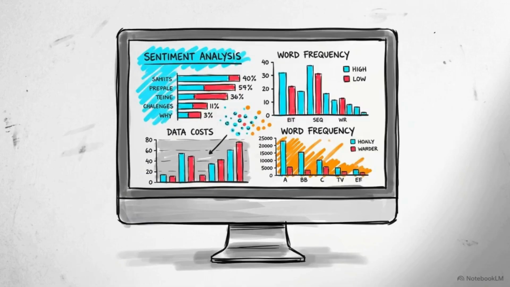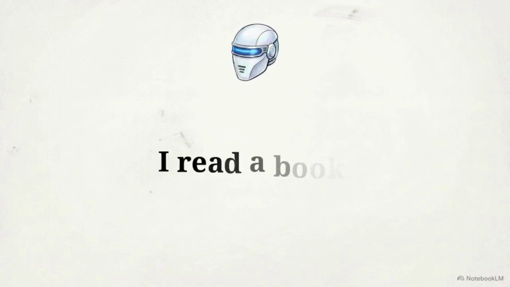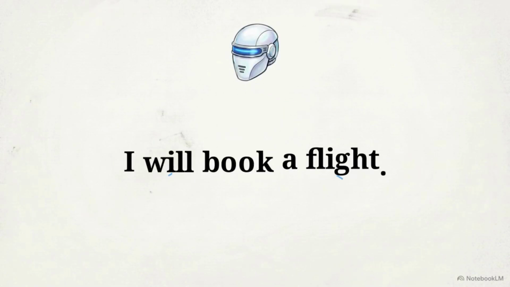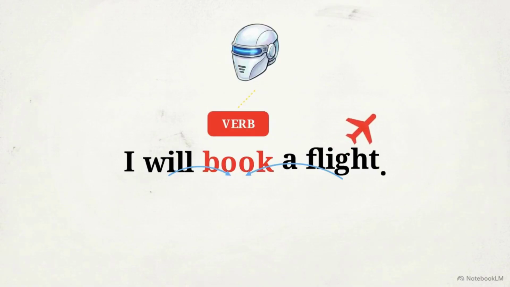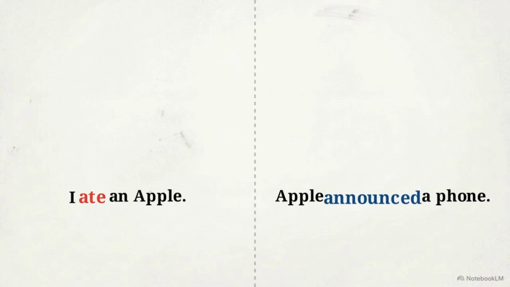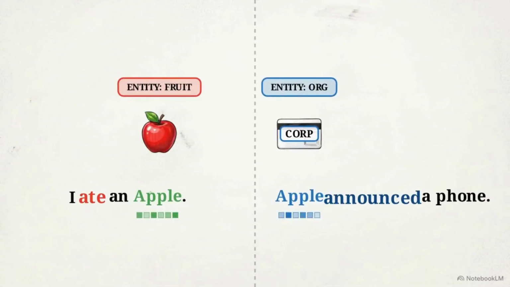These context-aware vectors immediately upgraded the systems computers use to understand our language. It improved the AI's ability to label parts of speech, enabling it to distinguish the physical book you read from the action to book a flight. It also improved how machines identify specific names like people or companies, a task called named entity recognition. Now the machine knows Apple, the fruit, is different from Apple, the tech company.